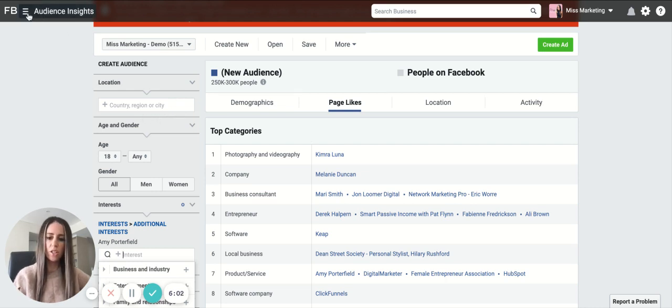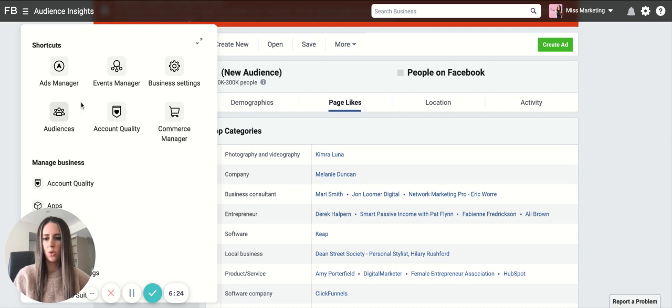Now, once you've done all this, you want to jump across and check out your audience sizes, because you're going to go in and create a Facebook ad campaign. So you need each of these interests in separate ad sets, because you're going to test each audience against each other. You don't want to combine them all together, because if you do, you won't know which interest or which target audience is actually doing the best, so that you can allocate more money to that and scale the campaign. So if we jump into audiences,